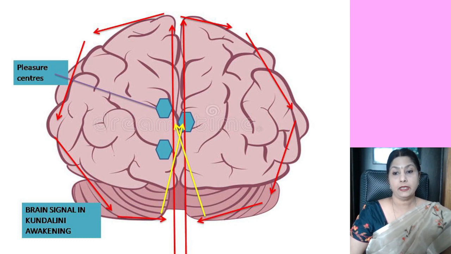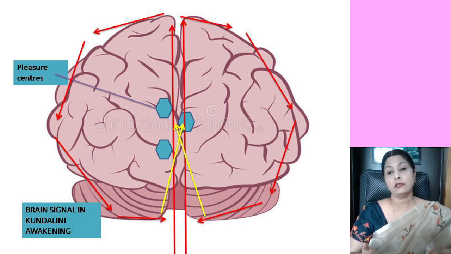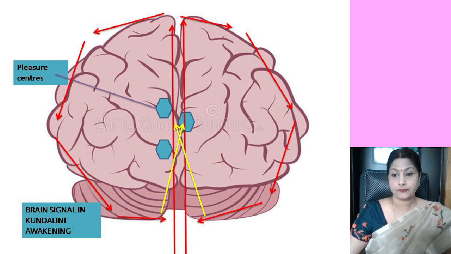A lot of dormant areas in the brain open up, and now the brain has the infinite capacity to hold a lot of information. It has higher abilities. As a container, it is now capable of holding all the information, all the power that the universal consciousness is ready to bestow upon us.